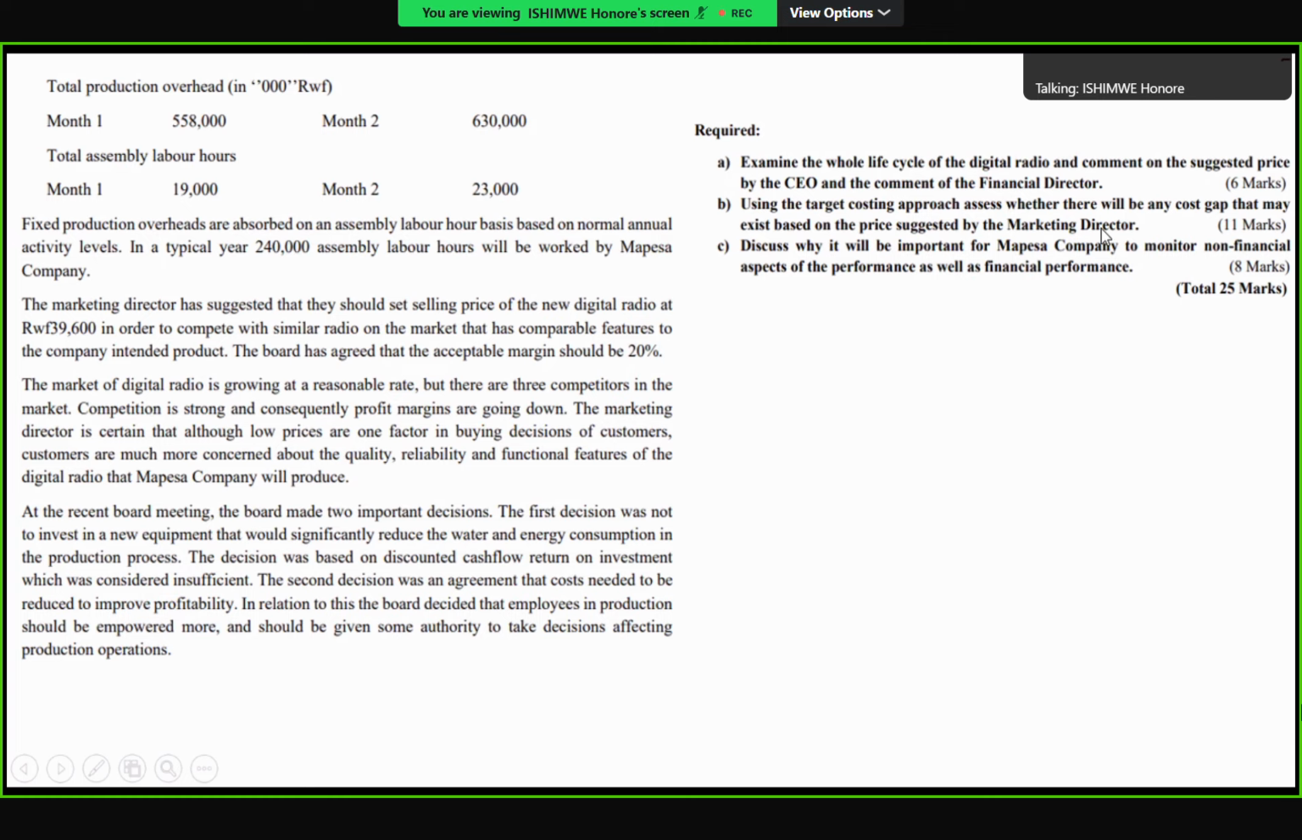Then part B, they say using technical costing approach, assess whether there will be any cost gap. So they're asking us to determine a cost gap that may exist based on the price suggested by this MD. So it is 11 marks and this is 6 marks. Now